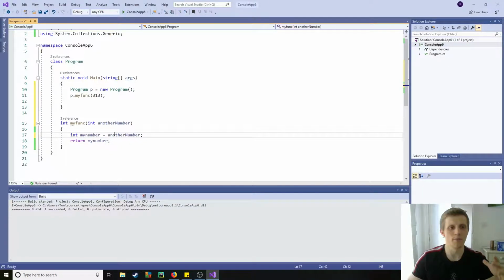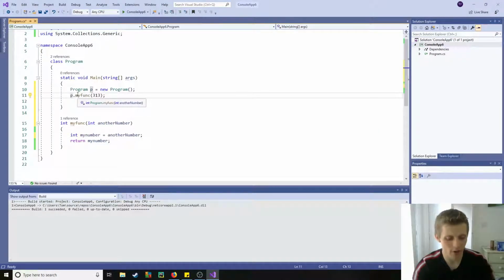So what it's doing is p.myfunc is calling the method, the function, and then it's sending it another number as a value, sending the value 313, it's saving that to the my number variable, and then it's returning my number to whatever we ask it to return it to in the main function. So if I go console.writeLine, what that will end up doing is just printing off the